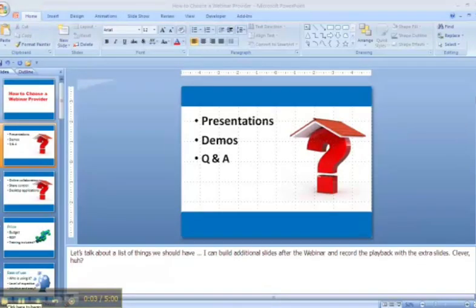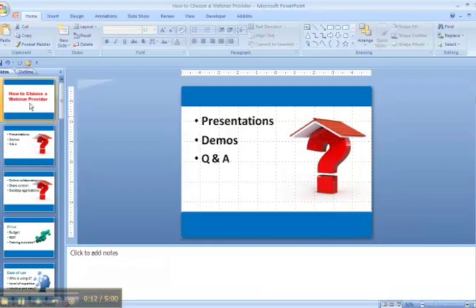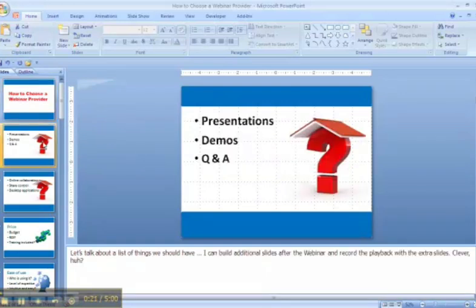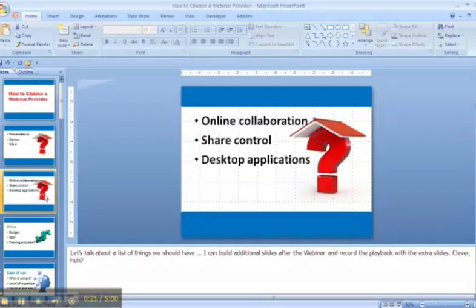Common presentations you see when you are on a webinar. This is a very simple PowerPoint presentation. You're looking here, my PowerPoint program is open to a very, very simple presentation, how to choose a webinar provider. In PowerPoint, you have a chance to create a series of slides. The slides can contain text and images. And one of the neat things also is that you can make notes for yourself at the bottom to help cue yourself when you are conducting a